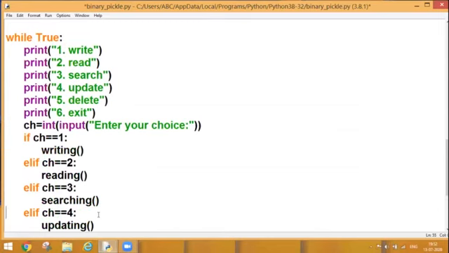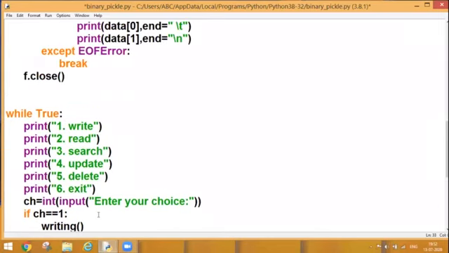Next menu option is update. How to modify any record. So I want to discuss with you all that if I want to do the modification in my file, what do I need to do? First, I need to look for the record. That means my search operation will take place first, that which record actually I want to modify. And to search that record, I need to read my file. So let's begin with it.